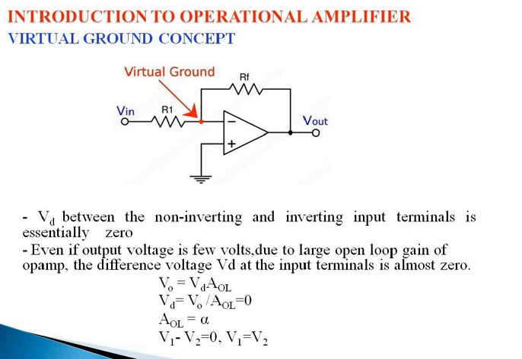That means the voltage at this non-inverting input, the same will be the voltage at this inverting point. So here in this case the non-inverting input is grounded, so it is the ground point. The same will be the voltage at this point too. That means it is equivalent to a ground point. Actually it is not grounded, but since the other point is grounded, the same will be the voltage at this point. Hence we can say it is equivalent to a ground point. Hence it is called virtual ground.